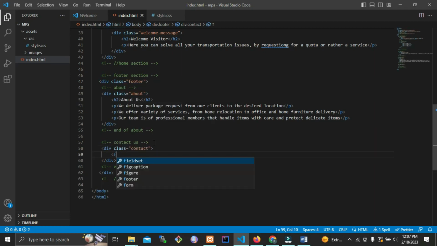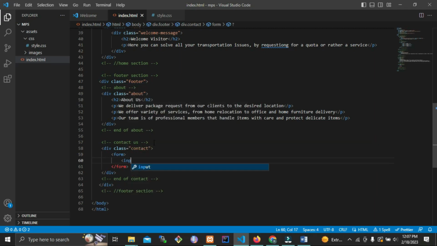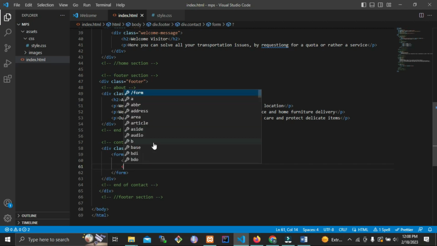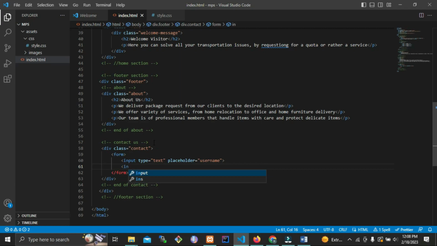We can create a form that can be used, and this form can have inputs. So you can have several inputs. Type text. Instead, we're not going to use label, but you can use placeholder. Then you can say username, so someone can insert their username. And also we can have another input type of email, where someone can input their email. And then you can have a placeholder. Maybe you can say example